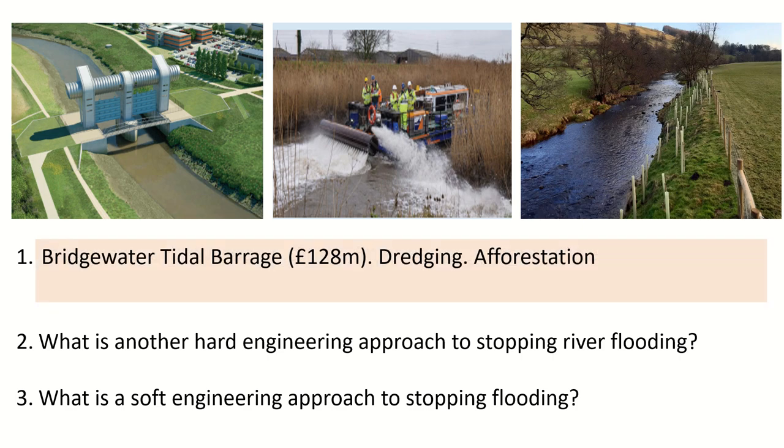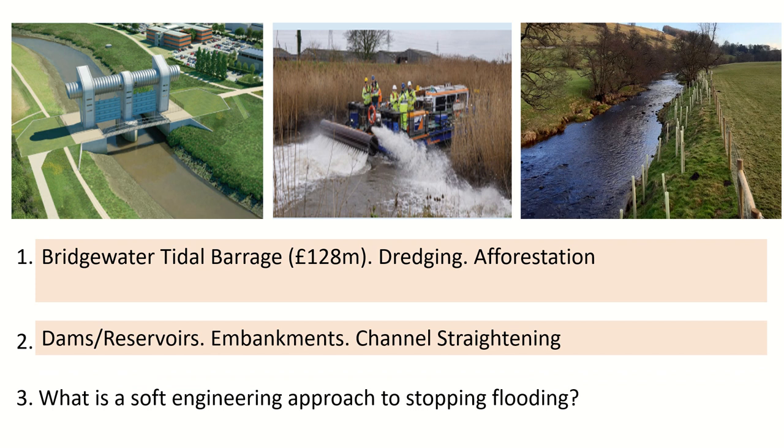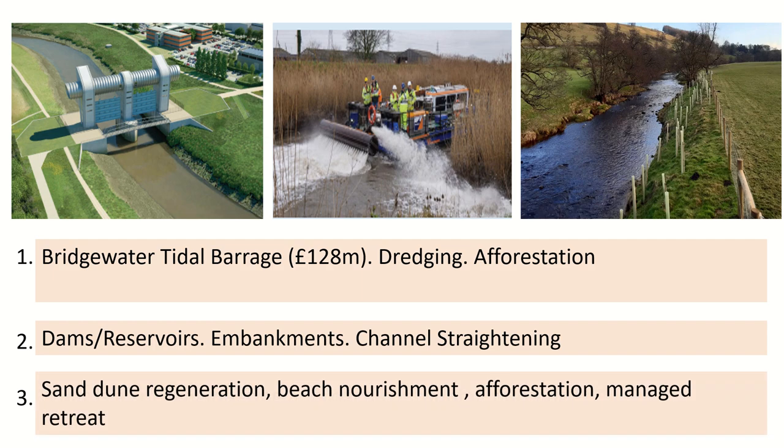So, on the top left, we have the Bridgwater Tidal Barrage, a £128 million project designed to stop flows of rivers. We have dredging, where they remove the sand from the bottom of the river and increase the channel carrying capacity. And trees solve everything. They are also doing afforestation, where they are planting trees on the sides of the banks to increase interception of rainwater and reduce surface runoff, but those trees take a long time to grow. Other hard engineering approaches would be dams and reservoirs, embankments, which are like natural levees, and channel straightening. And soft engineering